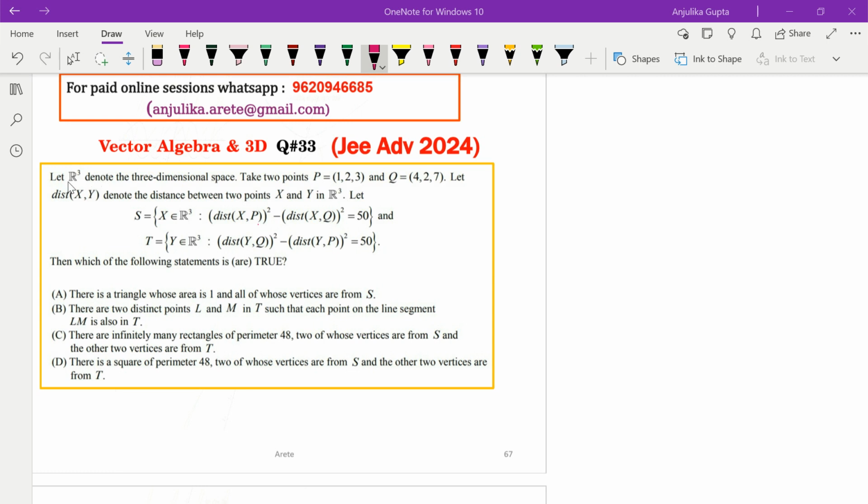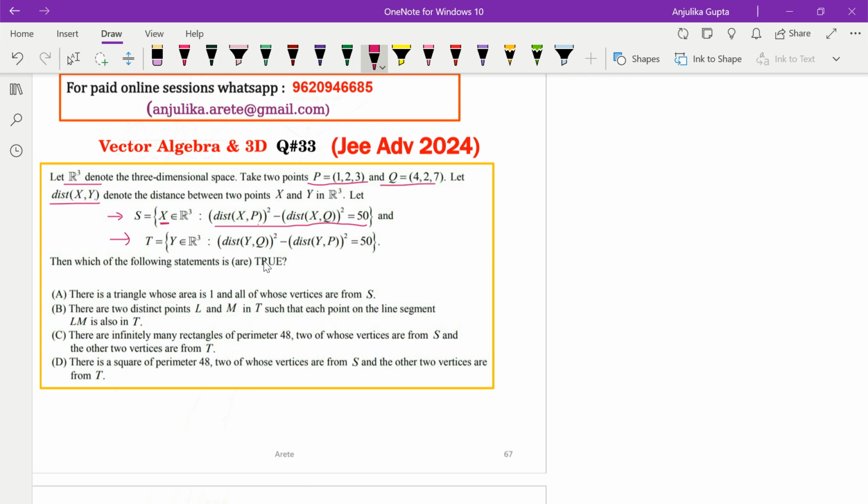This question looks nice. Let's see. They're talking in three dimensions, R3, and they have two points P and Q, and this denotes the distance between X and Y points. Now they're defining a set S, the collection of all X's such that this happens. Accordingly, they have defined a set T also, and they're asking which of the following